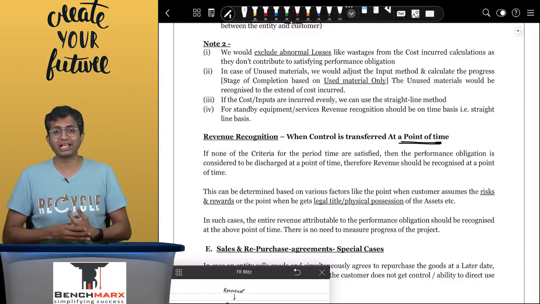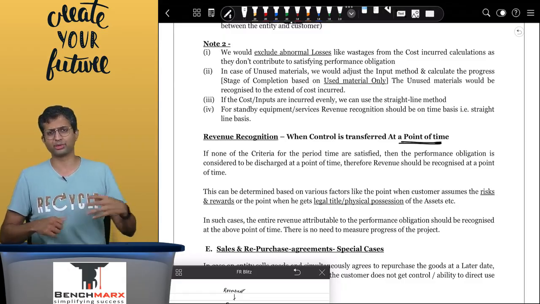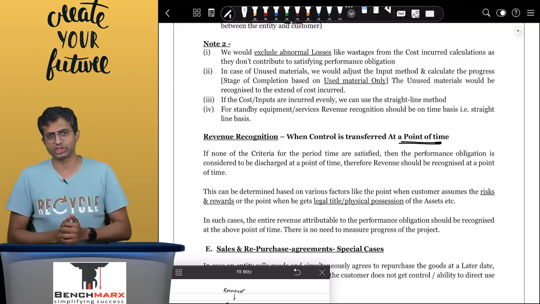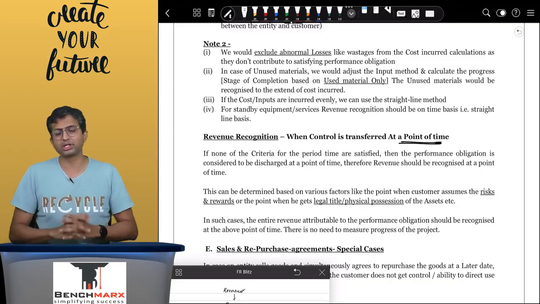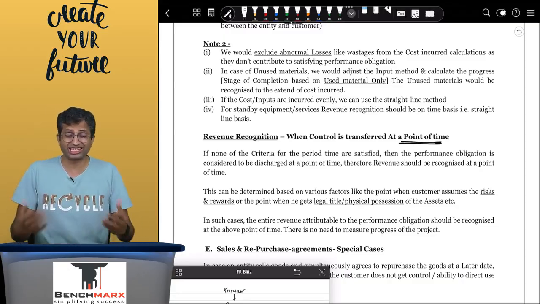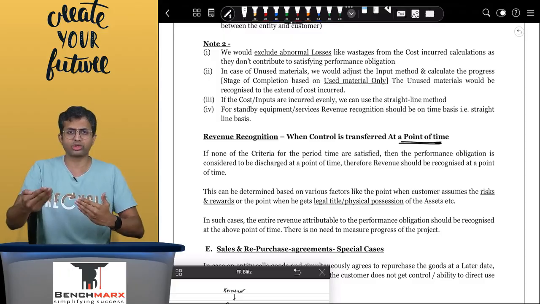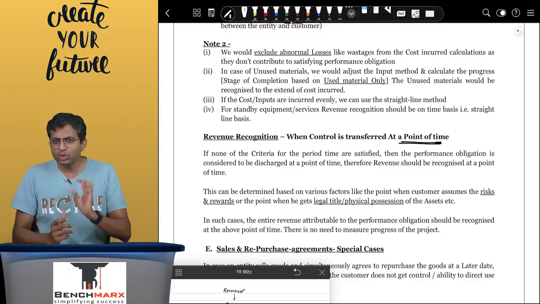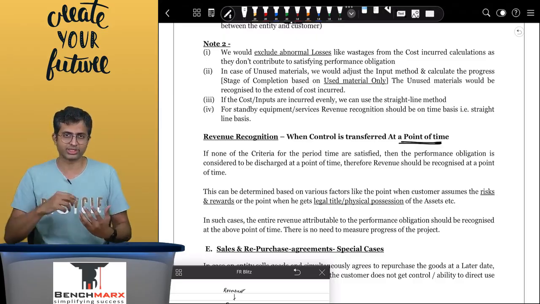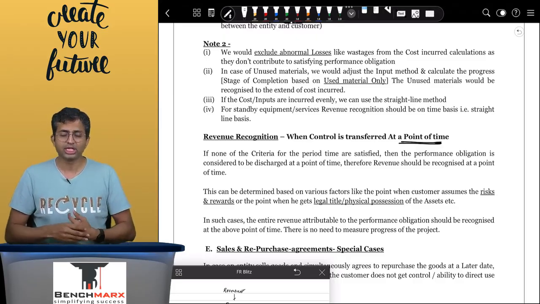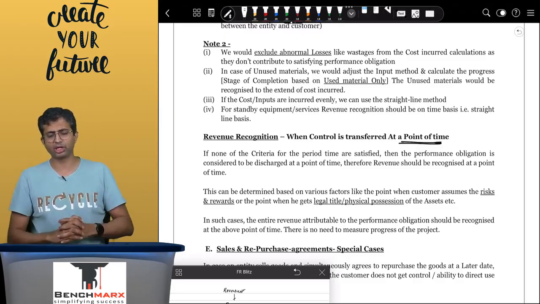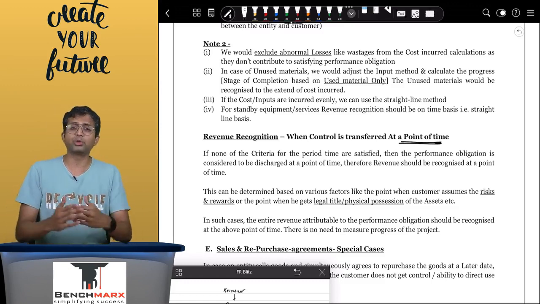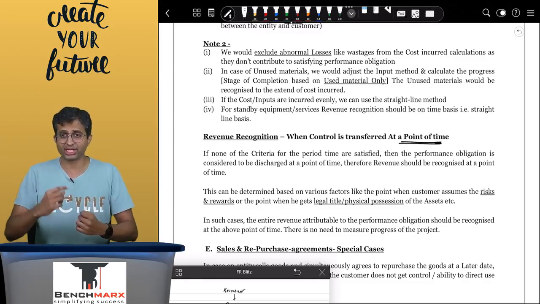First is sale and repurchase, also called as repo transactions, in which case you are selling the goods and there's an agreement to repurchase. Typically, if there's a compulsory agreement to repurchase like a forward contract, then in all likelihood, the control of the goods is not transferred because a buyer cannot do what he or she wants to do with the goods. Then why are we entering into this transaction? Well, probably if the goods are worth 100 and the same goods you're agreeing to buy at 110, let us say after 1 year, the standard presumes that this might be a loan transaction